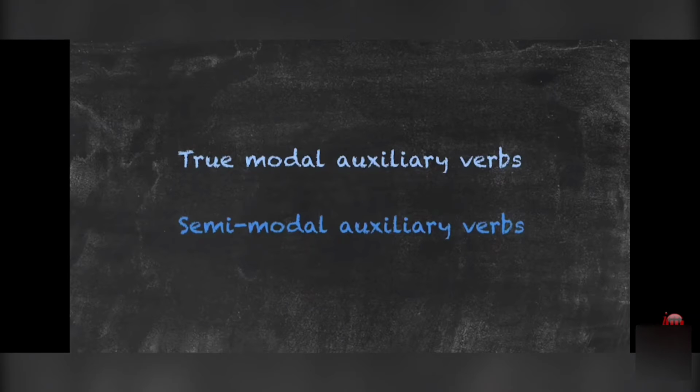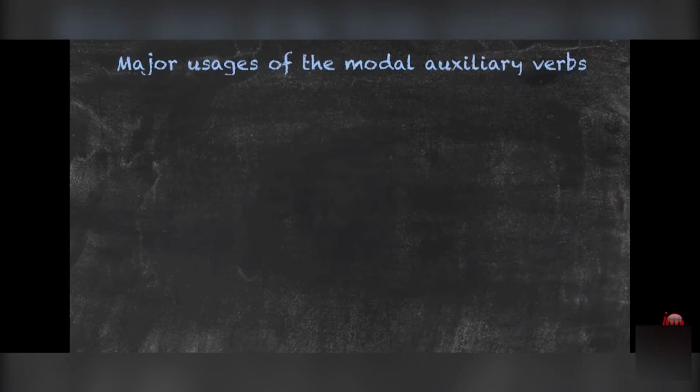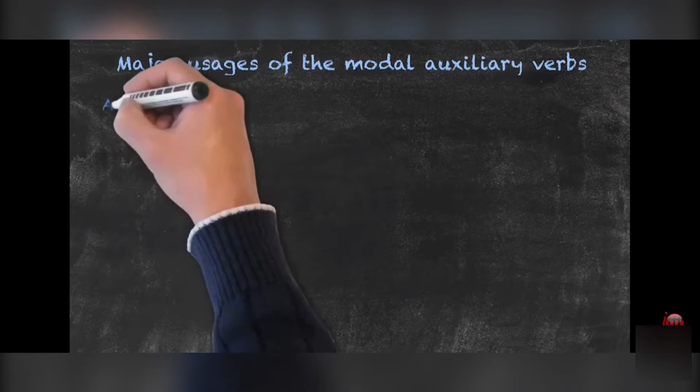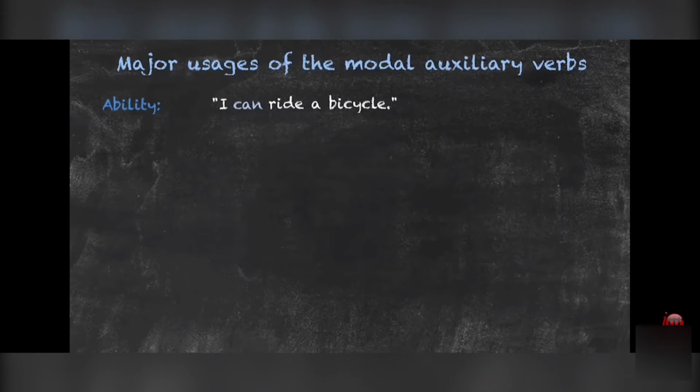What are the main usages for the modal auxiliary verbs? In this course, we'll look at 11 of the major usages of modal auxiliary verbs. Let's have a look at an example of each. Let's start with ability. For example, I can ride a bicycle, expressing my ability to ride a bicycle. Next is advice. You might say to a friend if he's ill, you should go to see a doctor about